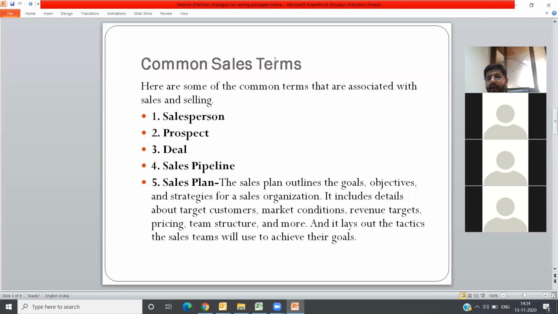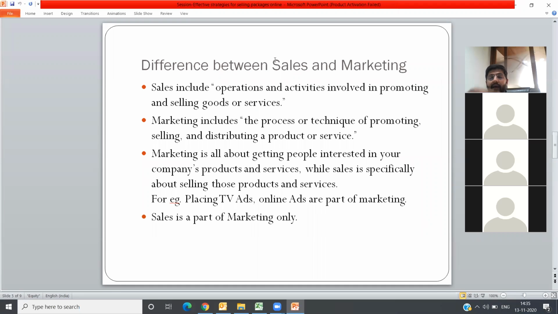Everyone will be coming up with new strategies or goals. You have seen recently we have made a couple of changes in our organization also, and we have kept goals, objectives and strategies. Every month we are coming up with new strategies. Hotel-wise also, in Kerala also, we are delivering new hotels. We are coming up with new strategies so that we can convince the customer with the rates as well as the service. So the next slide will be figuring out the difference between sales and marketing.